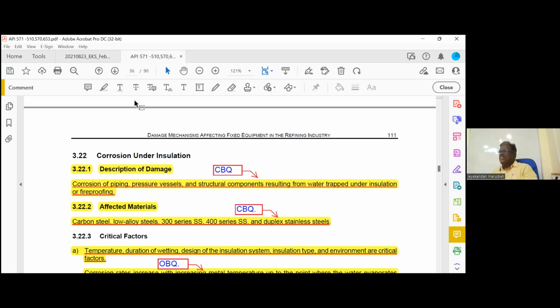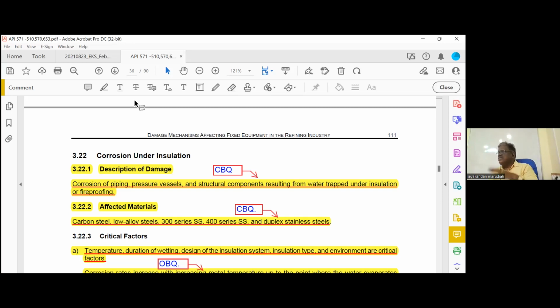Which NDT? You can remove the insulation and check, that is a different thing. Which NDT will detect whether the insulation is wet or not? There is neutron backscatter, a special NDT, and infrared thermography, temperature measurement. Now, how to measure the thickness, whether there is corrosion? If you remove the insulation, we can use UT. With the insulation, we can take radiographs. Or with the insulation, to see the video, there is guided wave testing or long range UT also